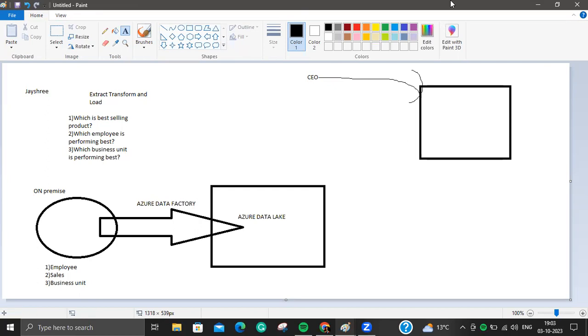Once your data is there in the data lake, Azure Data Lake, which is a storage mechanism, just understand Azure Data Lake as a storage mechanism where you can store the data, not more than that. Okay, so here you can store the data. Now, once you store the data to Azure Data Lake,